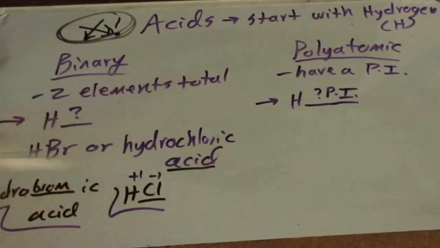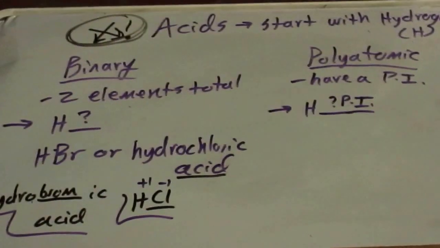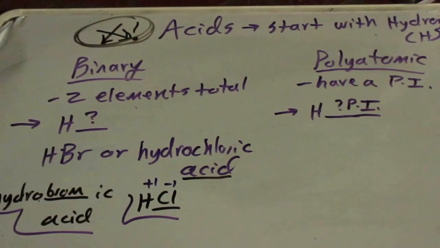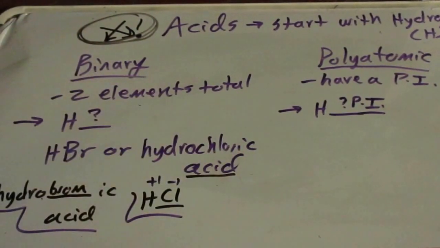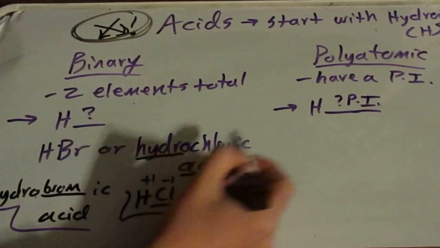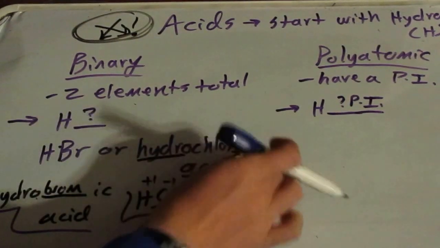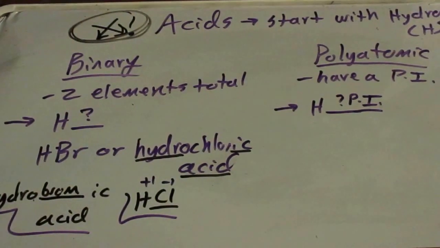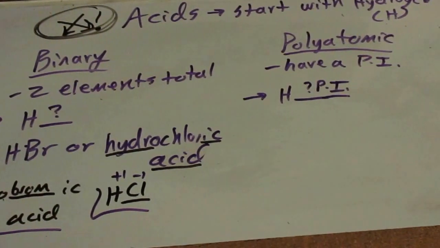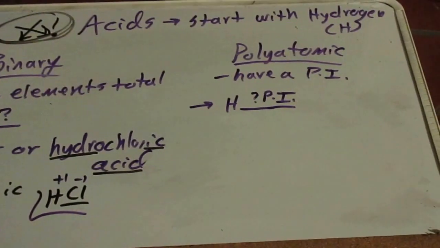Here, though, you're not going to see that. You're not going to see this hydro at all. Binary is the only one where you're going to have hydro, the absolutely only one that's going to follow this hydro something ic acid pattern. Polyatomics are a little bit different. And again, they're going to look something maybe like